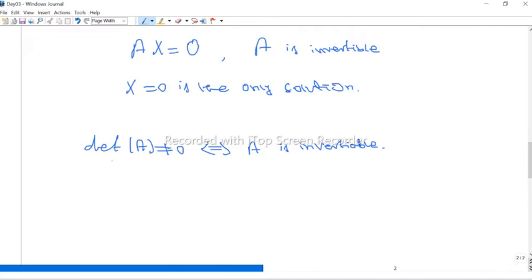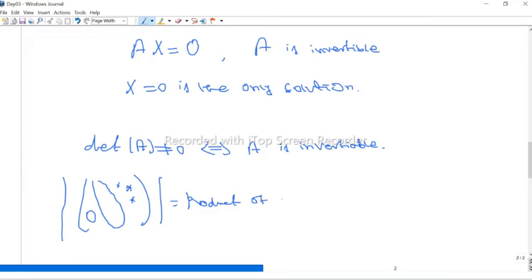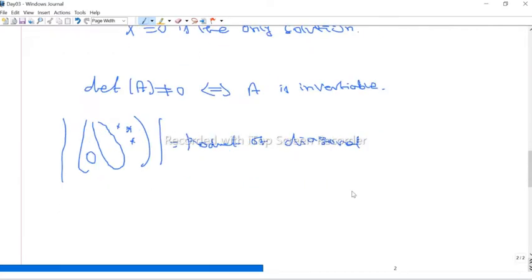Suppose we have triangular matrices, either upper triangular or lower triangular. Suppose these are the diagonal elements, and below the diagonal are 0, above the diagonal some non-zero elements are there. What is the determinant of these matrices? It is just the product of the diagonal elements. Either upper or lower triangular, the determinant is the product of the diagonals. So if it is invertible, then the diagonal should be non-zero. So a triangular matrix is invertible if and only if the diagonal elements are non-zero. This is one important thing.